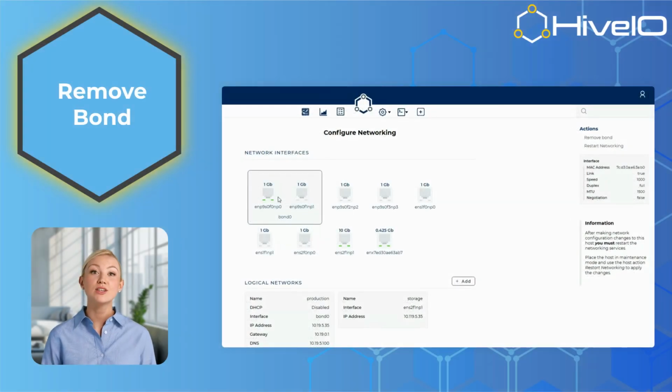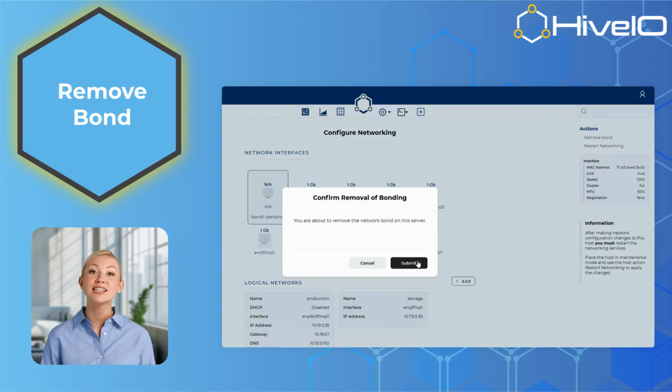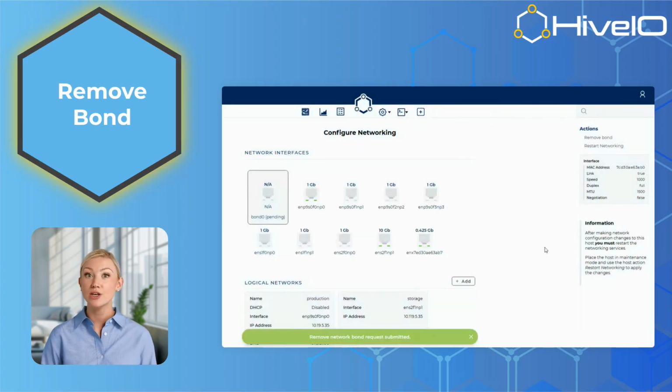To remove a bond, locate and select the bond and configure networking. Select Remove Bond and submit, then restart networking, and your bond will be removed. If Remove Bond is not available in the Action menu, make sure you have selected the bond from Network Interfaces,